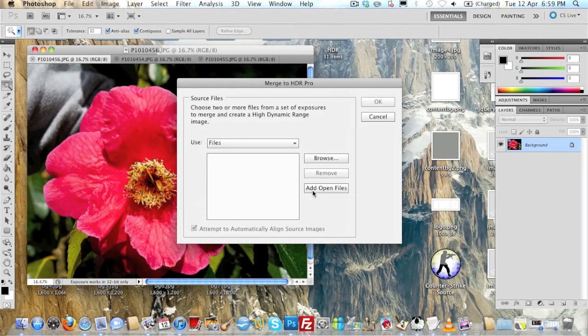Now, as we've opened up our 3 here, all we need to do is click Add Open Files. Otherwise, you can browse through them from Files or select from Folder. Now I've got our 3 selected in there, we're going to make sure that the Attempt to automatically align source